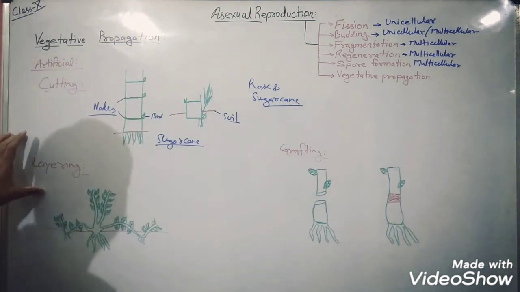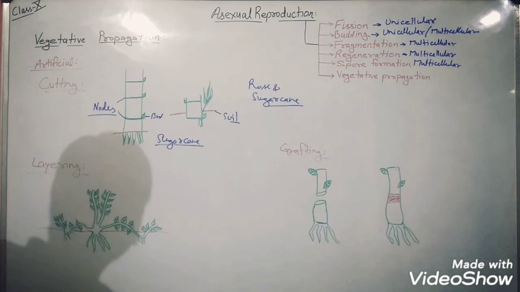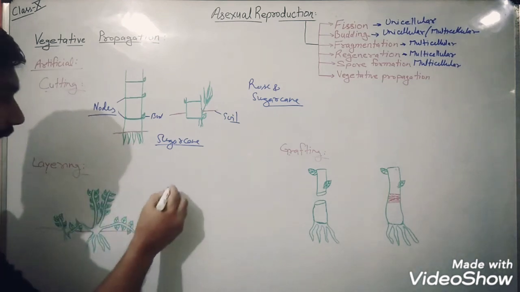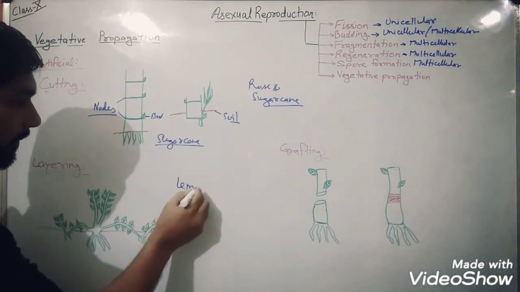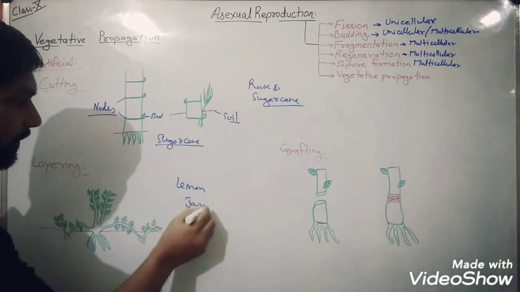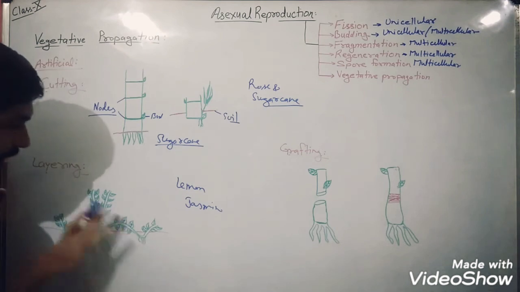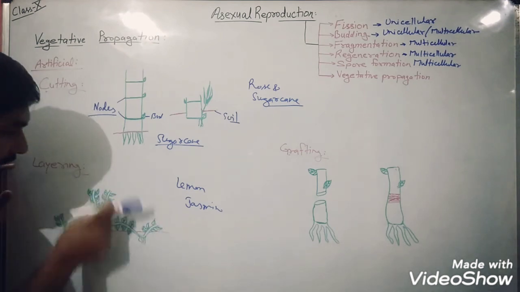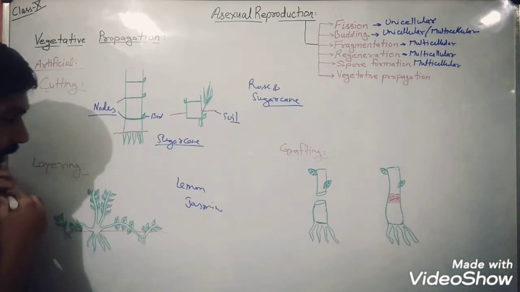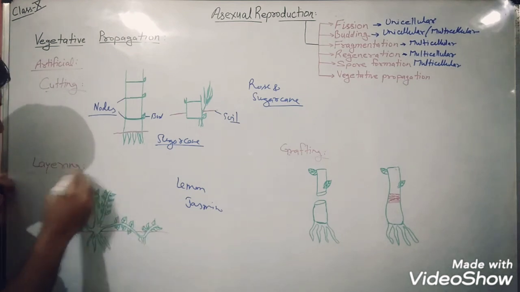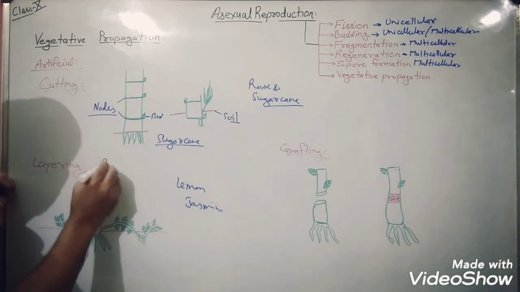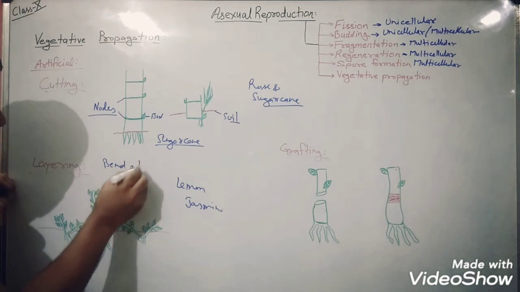Now the next method is what? Layering, which is very common in lemon or jasmine plants. When we bend a branch of the plant into the moist soil, this is known as what? Layering, where we bend a branch